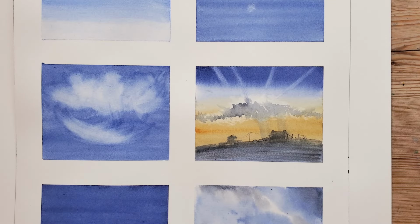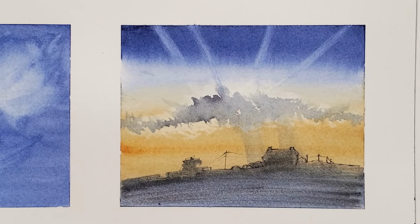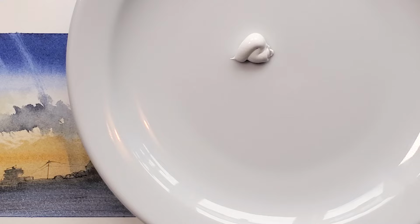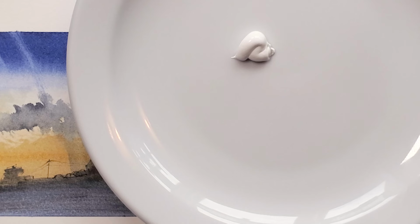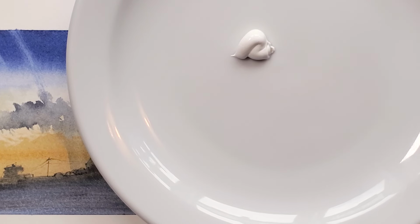Finally, what I'm going to do here is I'm just going to show you how I'd finish this drawing off. So here we have some gouache. Gouache is water soluble, well not water soluble, but it's a pigment, and you can dilute it. Now, what I want to do is add some colour to it. So I want to add a little bit of the